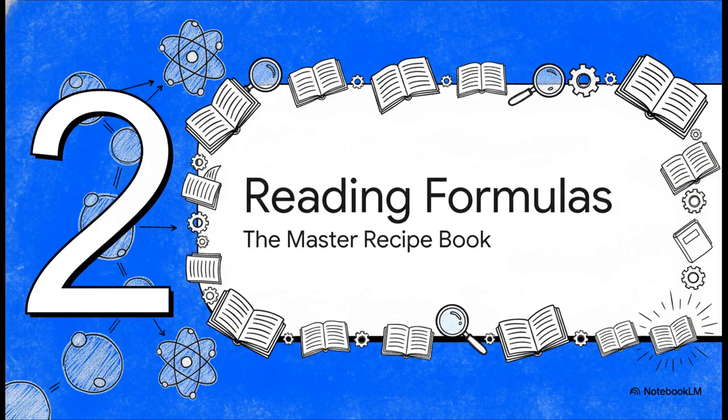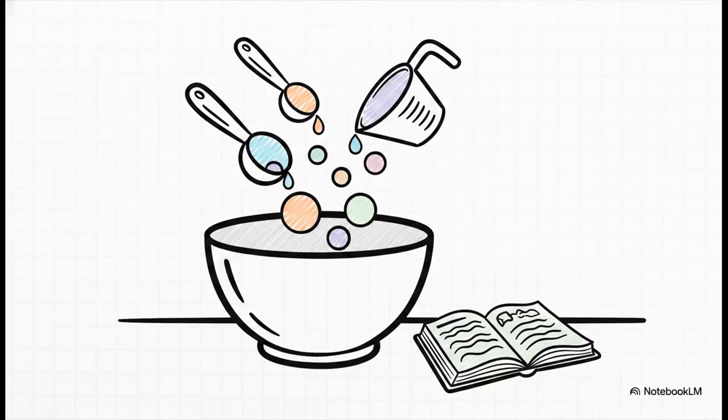Moving right along to Section 2, reading chemical formulas, the master recipe book. Now, what's really interesting about this concept is how it all translates. You can actually think of reading a chemical formula exactly like reading a baking recipe. The letters in the formula tell you which atoms are in the molecule. They're your ingredients. And the small numbers next to those letters, they tell you exactly how many of each atom